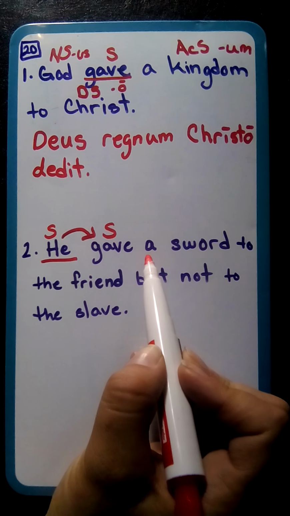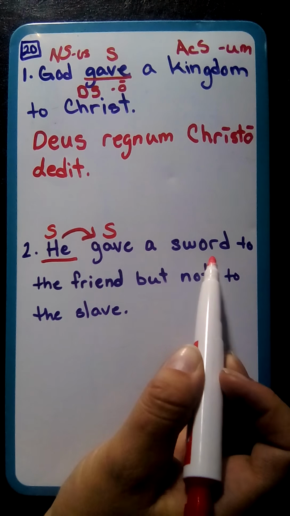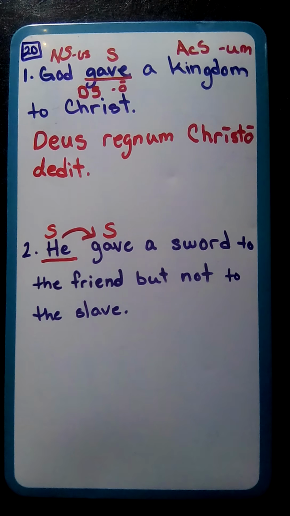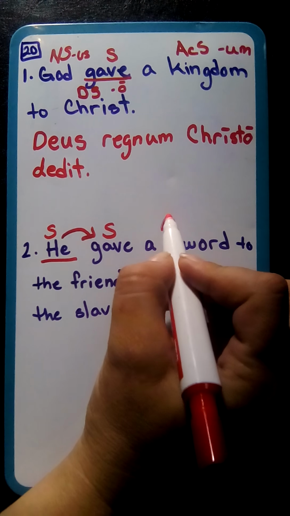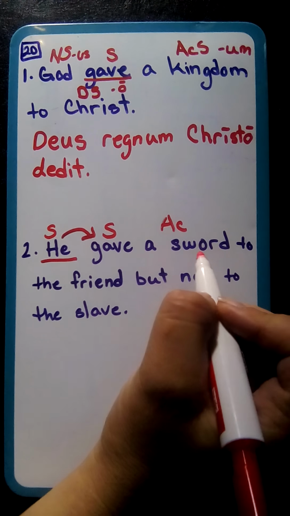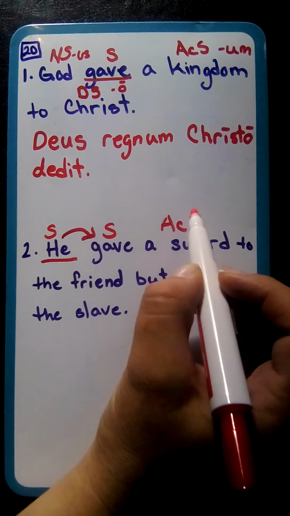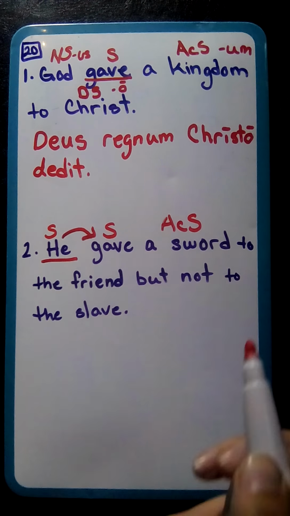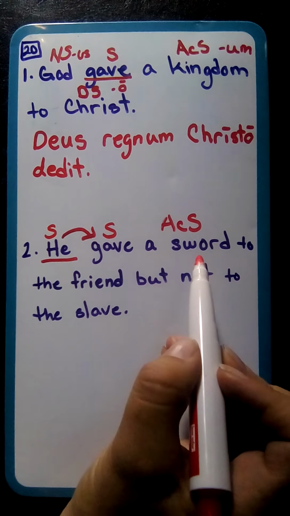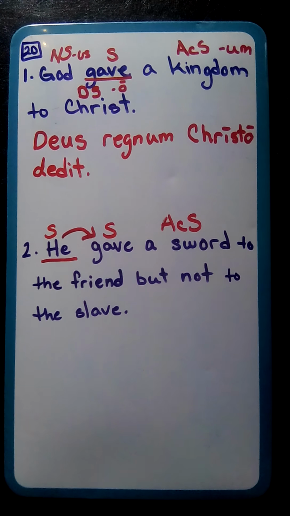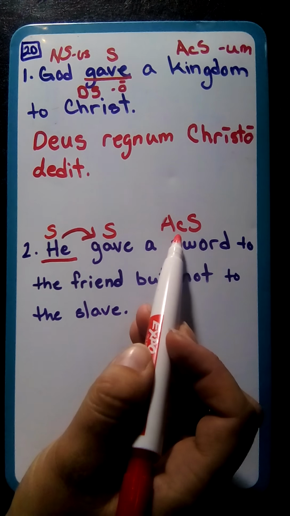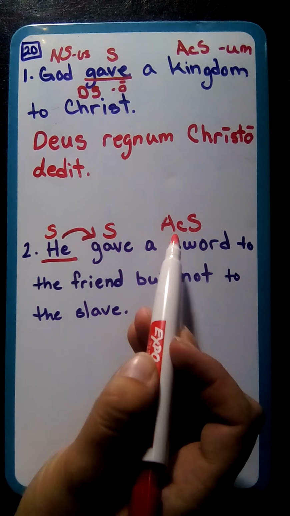All right, what is he going to give? He's going to give a sword. So we have gladius, gladii. So this would be our direct object, which makes it accusative. And is it one or more? It's one. So singular, accusative singular. We're going to think of the word gladius, gladii. The us, e puts it in the second declension masculine. Looking in the second declension masculine, scroll down to find your accusative singular of